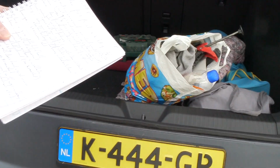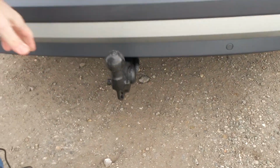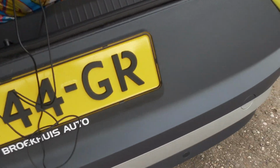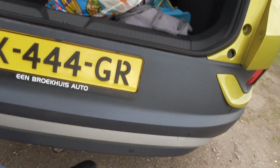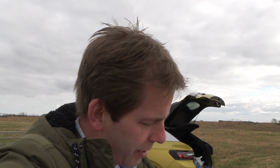It comes out. And then you can, of course, lock it, and when you press the button again, then you have to kick it a bit, and then it's back in again. Next one is